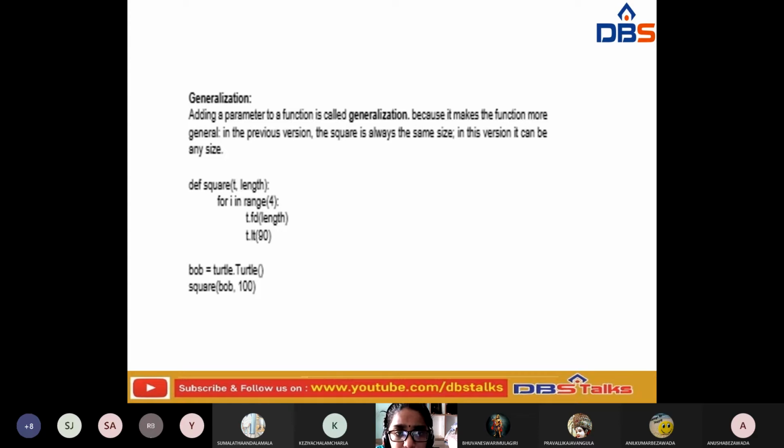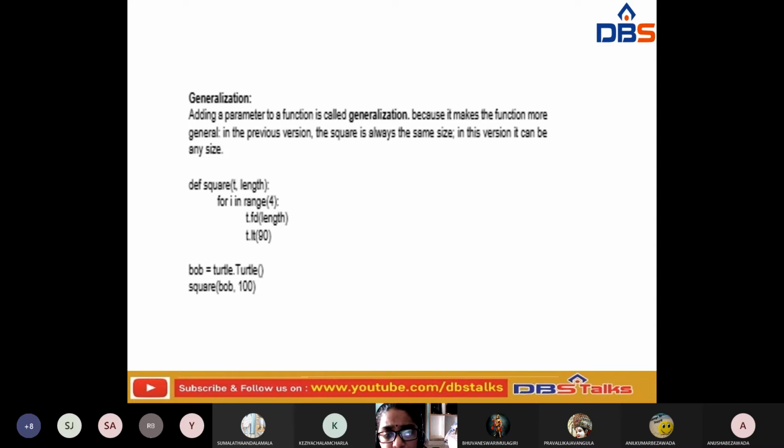So adding a parameter to a function, we can say this concept is generalization, because it makes the function more general. In the previous version the square is always the same size. In this version it can be of any size.